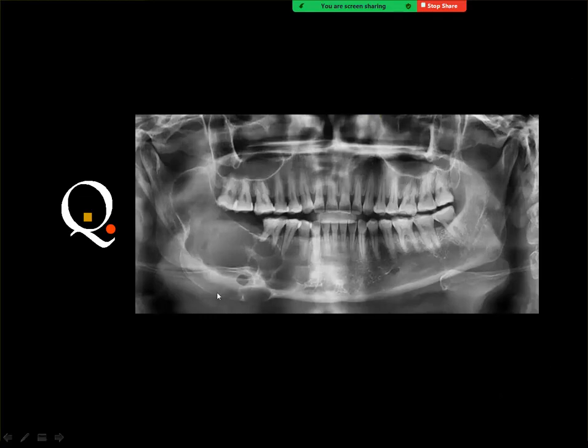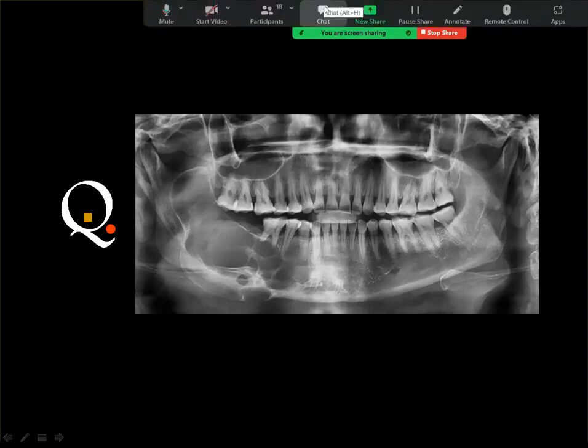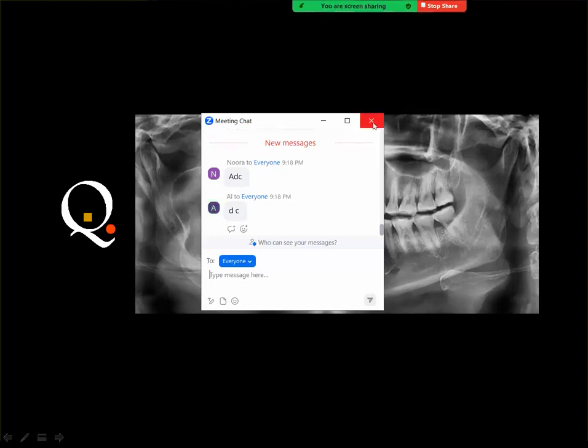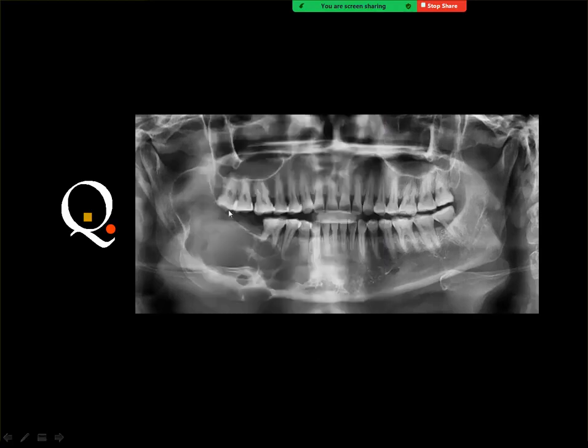showing this lesion, and you can see here. What do you mean by DC? Yes, dentigerous cyst. No, this is not a dentigerous cyst because the dentigerous cyst is a unilocular cystic lesion, and